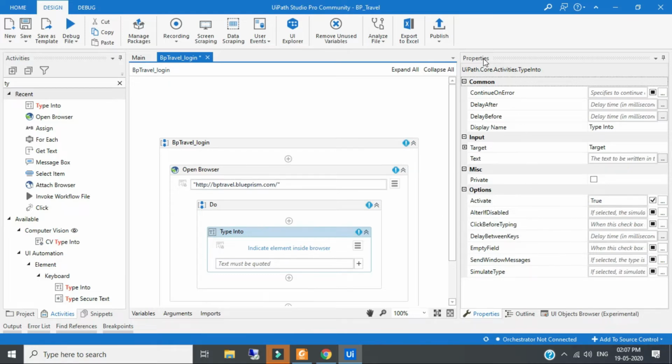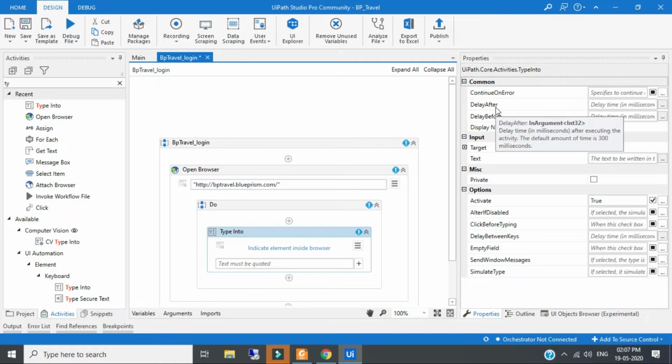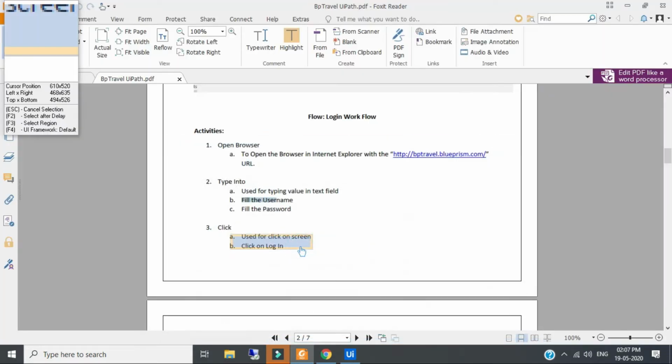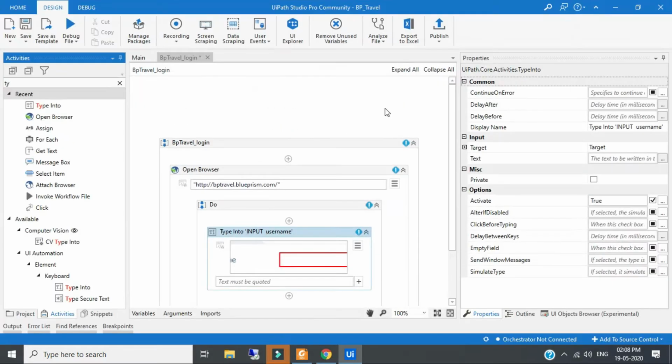So this is my type into activity. As you see here, it is showing me the properties. Here you can also give the delay before and after, and whichever text you want to place. To indicate that particular field, the user ID, I will indicate on the username field. So here it is.